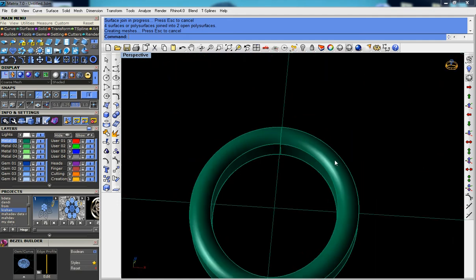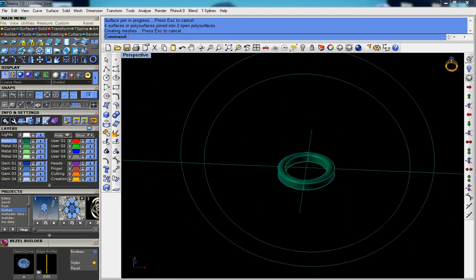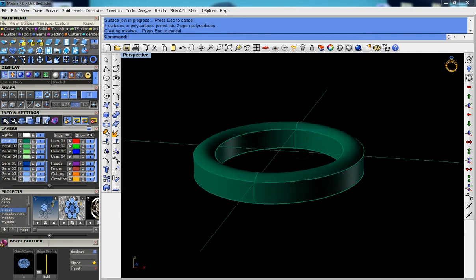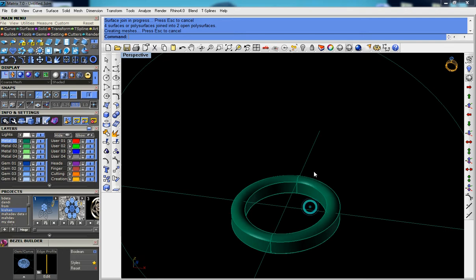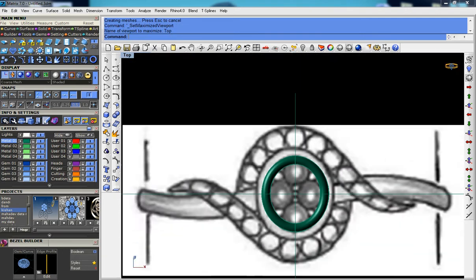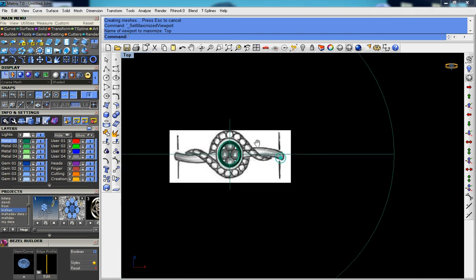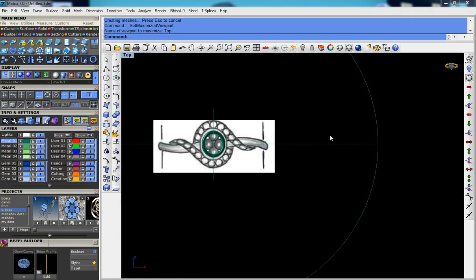See, my poly surface is joined now. My single surfaces are turned into my poly surface. So now I work on my design and draw this design. Okay,